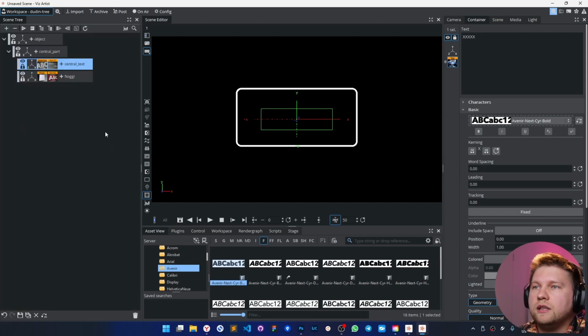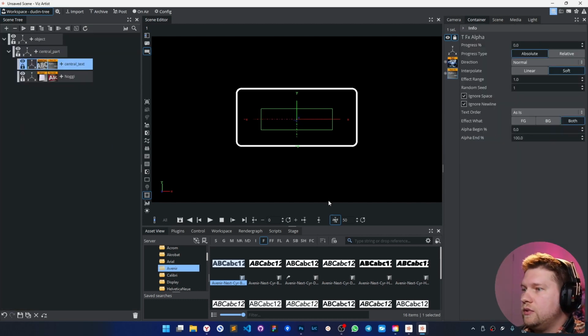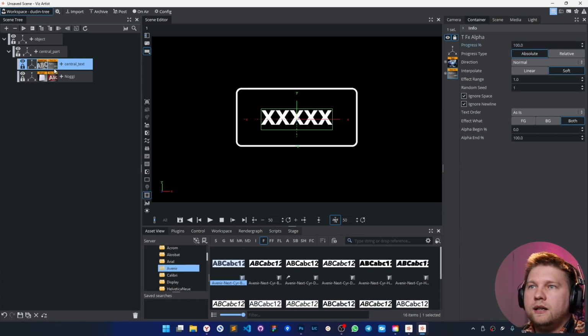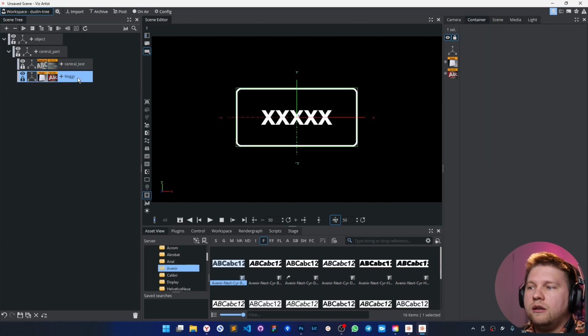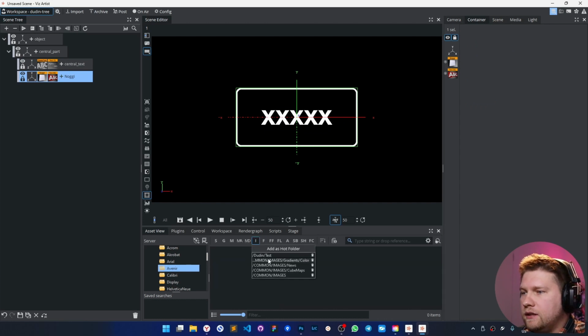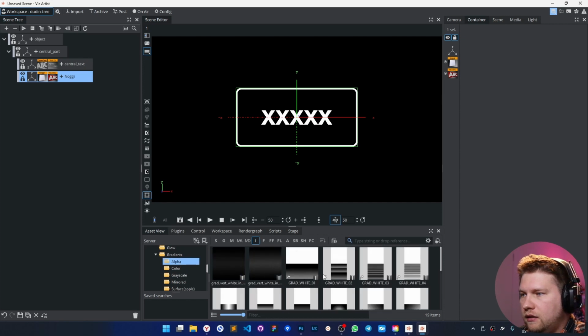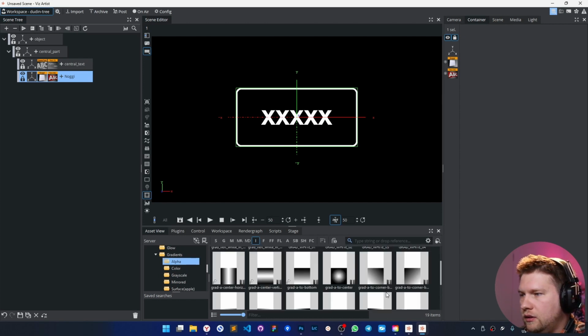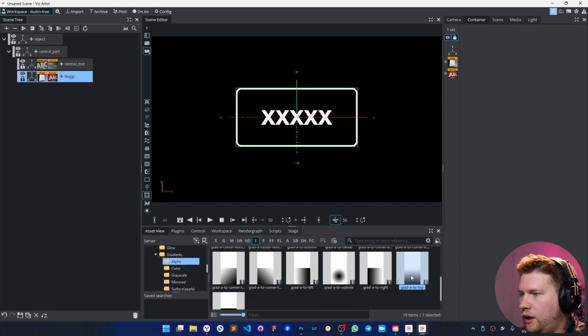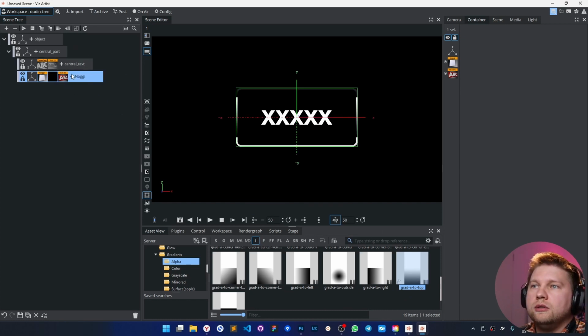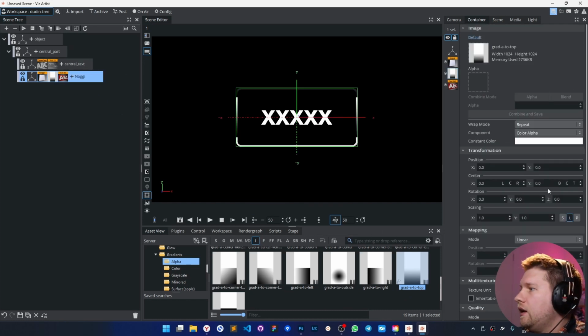Yeah, for something like that. Yeah, just from 0 to 100. Okay, and for the border, I will use some gradient. Let me check from white to... Yep, I will use this one. It's a very good one. And of course, I will use the clamp version of that.